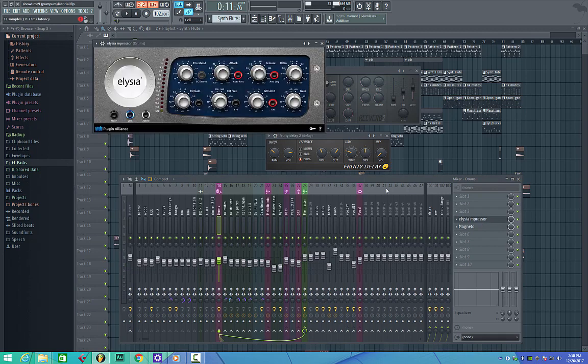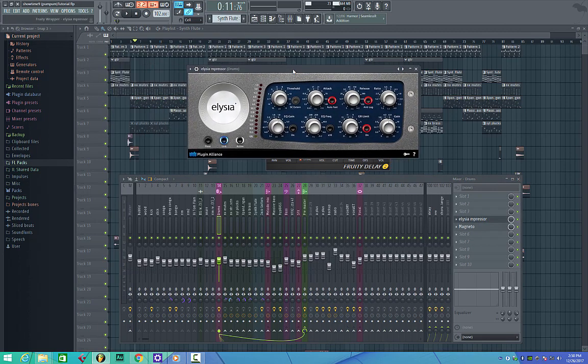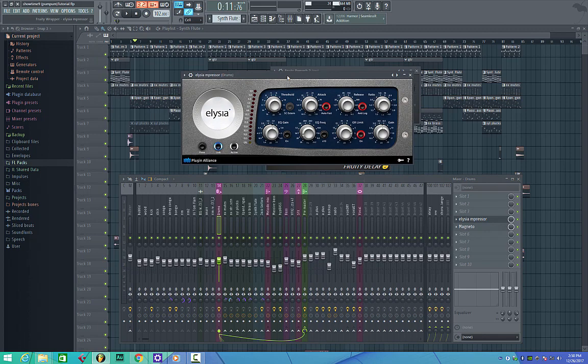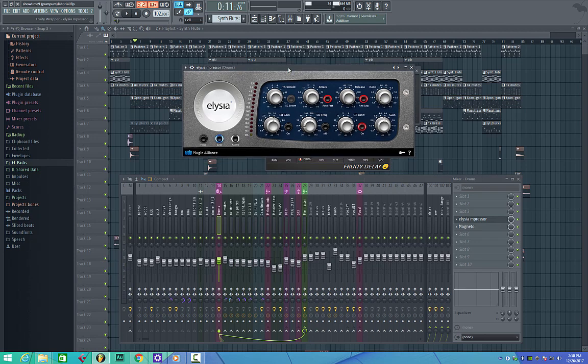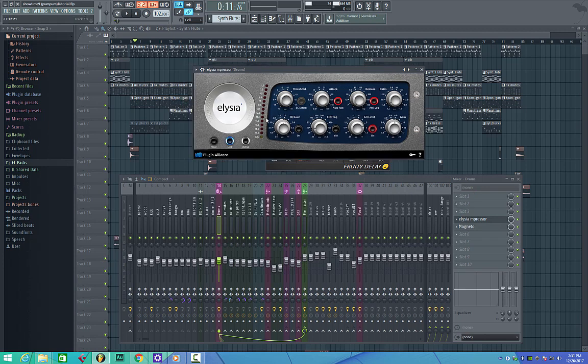I use this plugin called the Elysia Mpressor compressor. It's a great plugin, one of the best sounding compressors I've heard. If you don't know how to differentiate between the sounds of different compressors, don't worry, just use any compressor. The default compressor with FL Studio is fine. So I'm just going to play this and then turn it off and on, and hope you can hear the difference and why it's important. Without it,